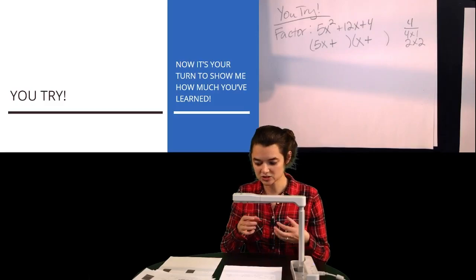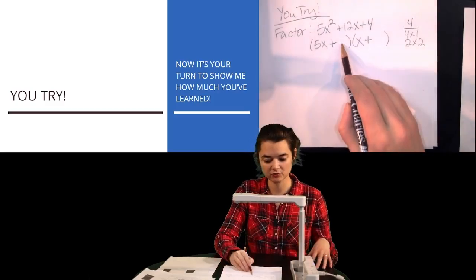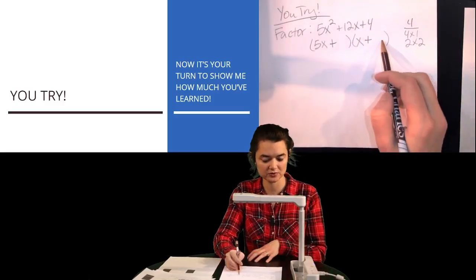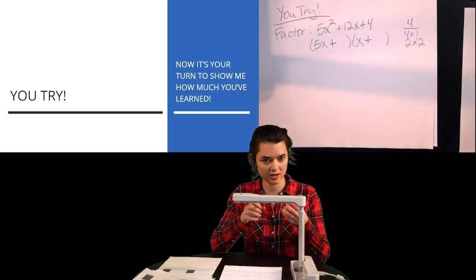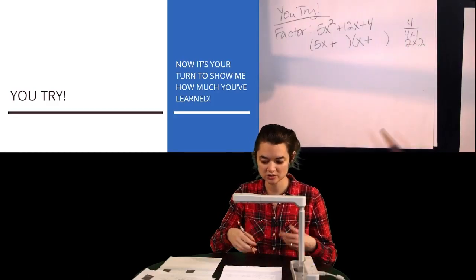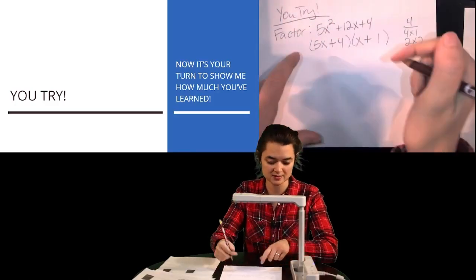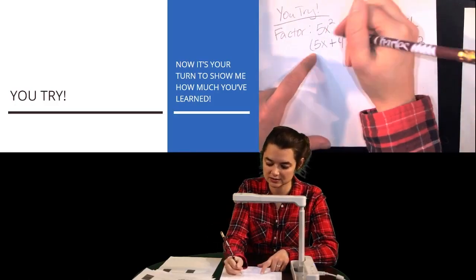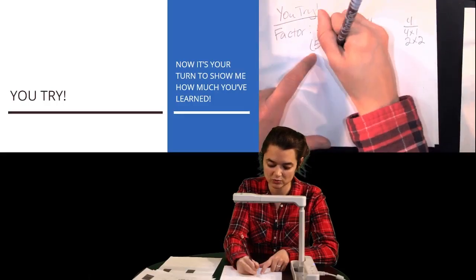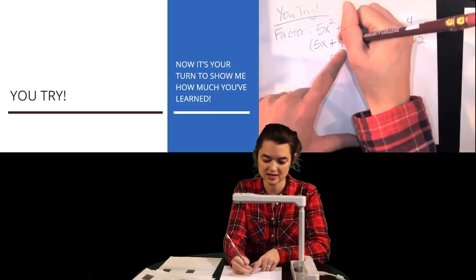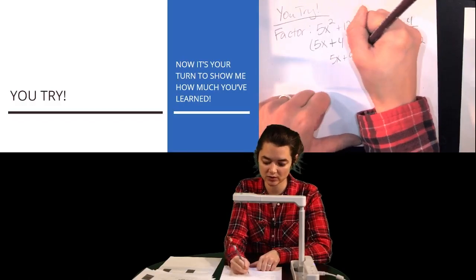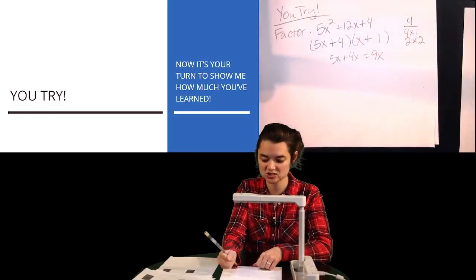And the combinations do matter. So if you put the 4 with the 5x or the 4 with the x, you're going to get different products. So let me show you all of the combinations here. So we could either do 4 and 1 like that, and it would check, let's see, the outside 5x times 1 would be 5x. Inside 4 times x is 4x, and that would add to be 9x, so that doesn't